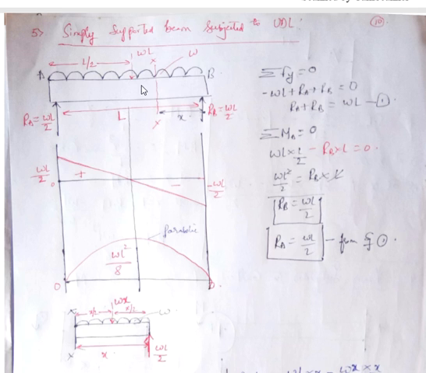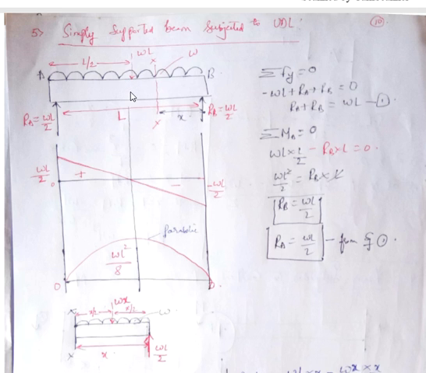This is happening because the load is symmetric, that is the load is applied exactly at the center. Not necessary exactly at the center, but if the loading is symmetric, in the sense the right hand side has the same type of loading as the left hand side. Look here, this load is exactly at the center. On the left hand side, the length is L by 2 and there is one reaction. On the right side of this load, again the distance is L by 2 and there is only one reaction, that is RB. That means it is symmetric about the central axis.